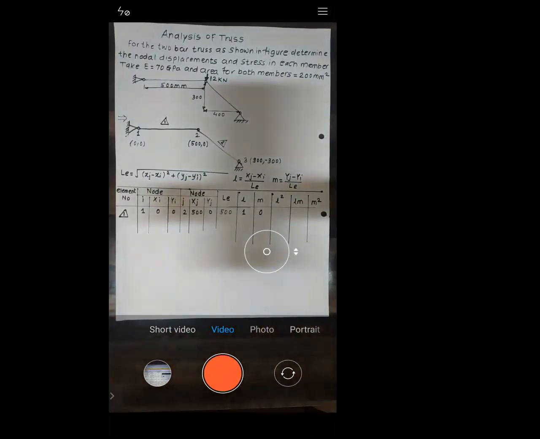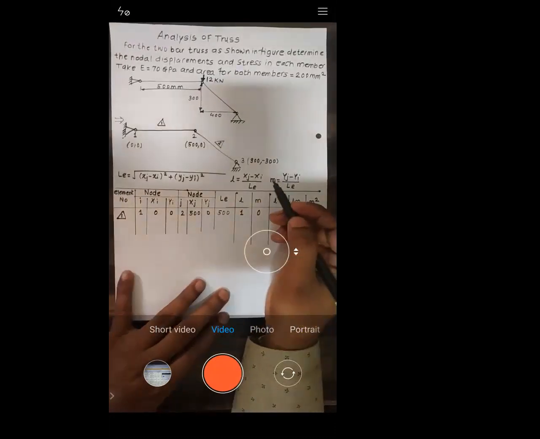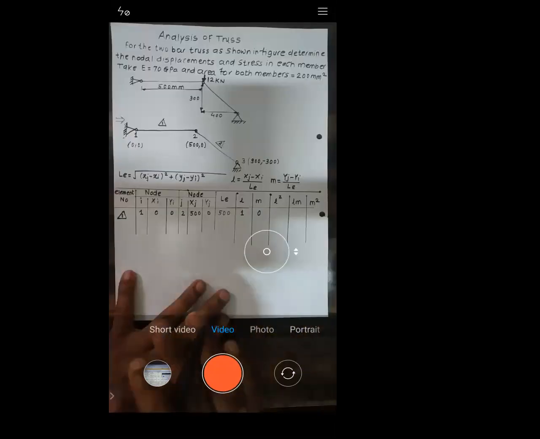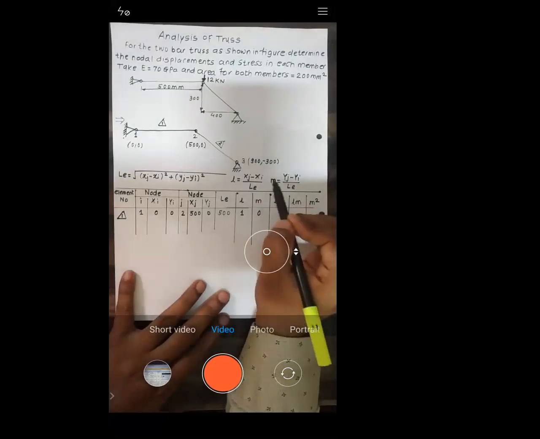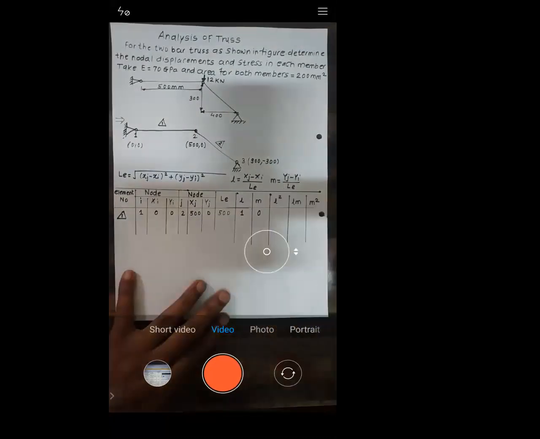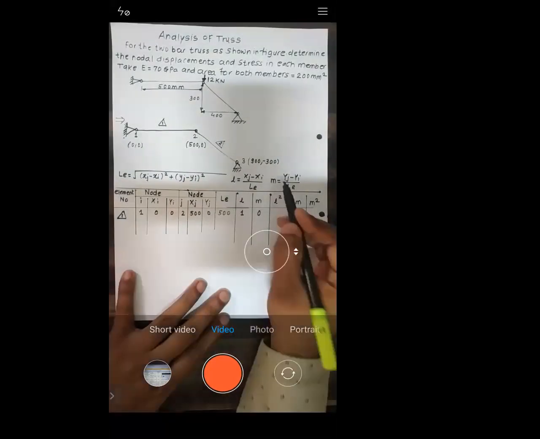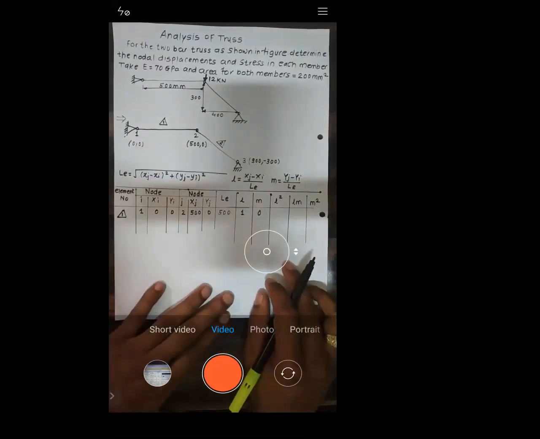Sir, what is this small l and small m? Yeah. See, why I'm calling this small l and small m, na? See, this problem will not get solved until and unless you know EME. So this L and M have the significance in EME. Let me write down the EME. Then every doubt you will get cleared. So after this, I will be writing EME. So at that time, you will understand what is L and what is M. Is it okay? Okay, sir.